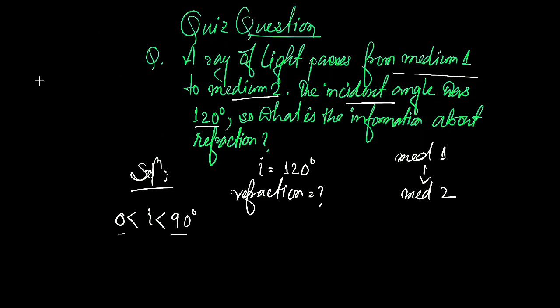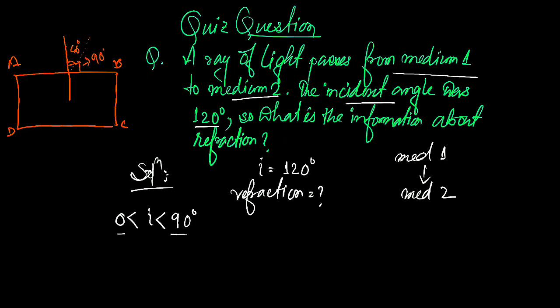We will see what is going to actually happen. Consider this is a glass slab. Consider we are drawing a glass slab. This is A, B, C, and D. And this one is the normal. Normally what actually happens, the incident angle somehow looks like that. It makes a certain amount of angle like that. That means it will be almost 40 degree. This angle is maybe how much? 90 degree. This 90 degree angle is the highest angle that an incident ray can have.